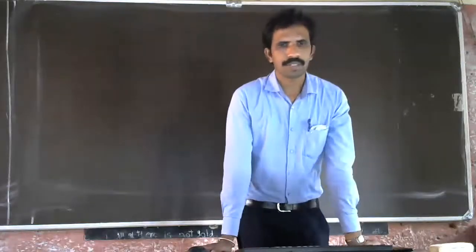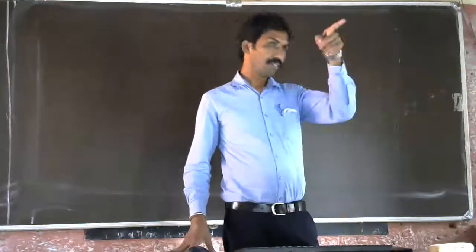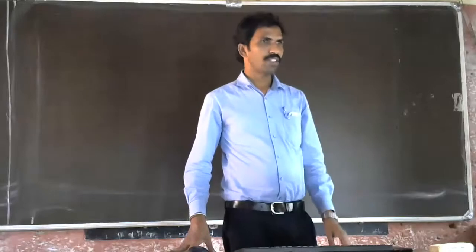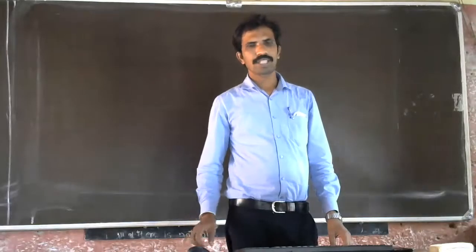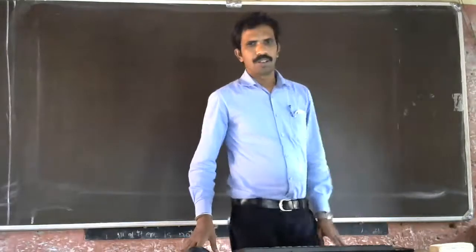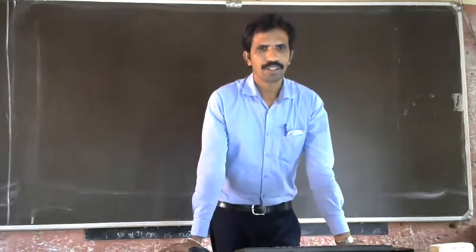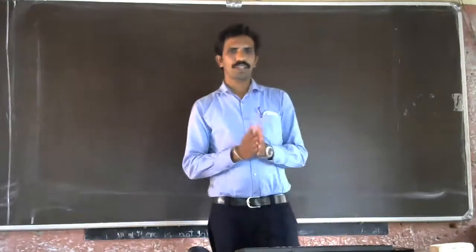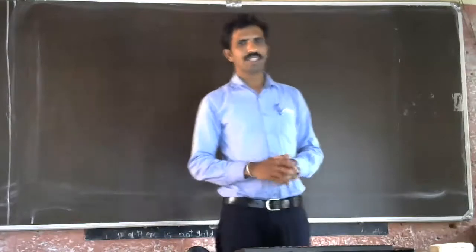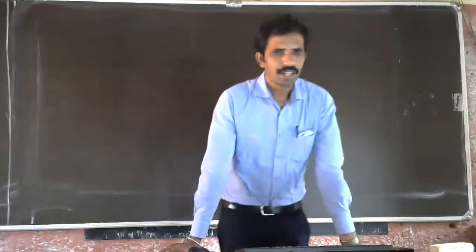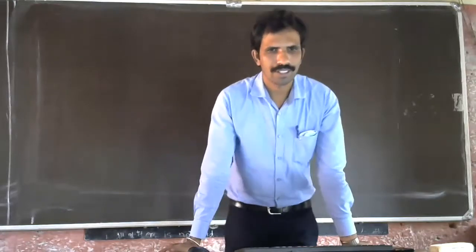So today in this class we are going to study the next atomic model theory, that is Bohr's atomic model. You already know the drawback of the Rutherford model. He could not explain the stability of the atom, and he could not explain where exactly the electrons are located. That was not able to explain it.